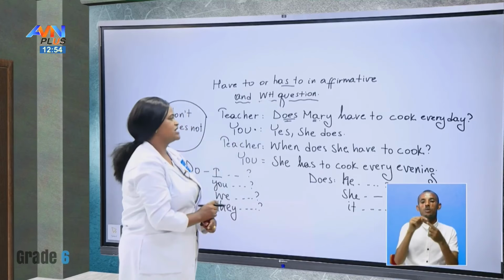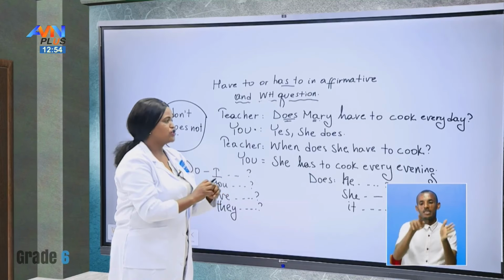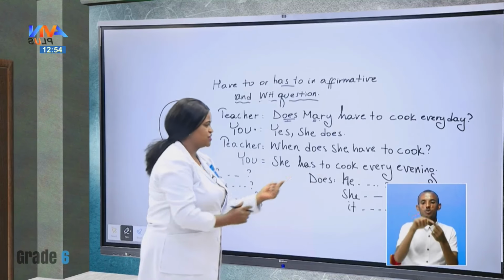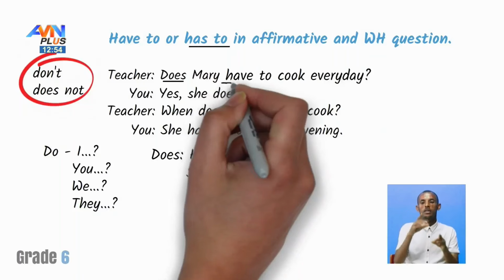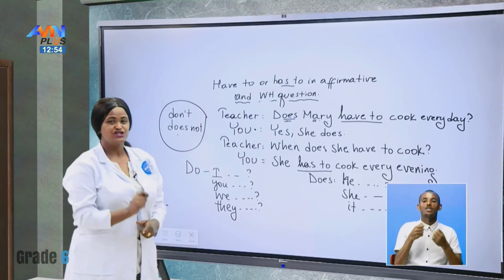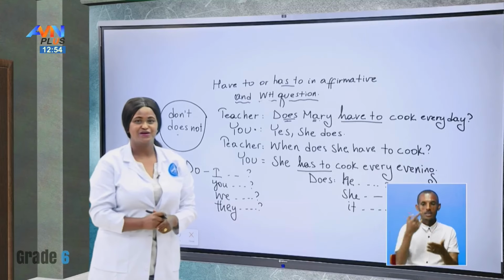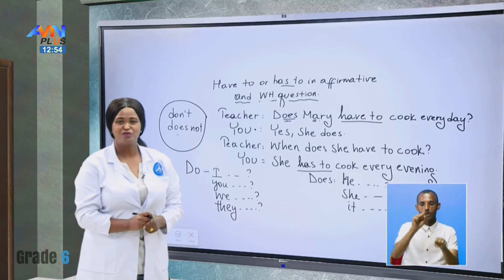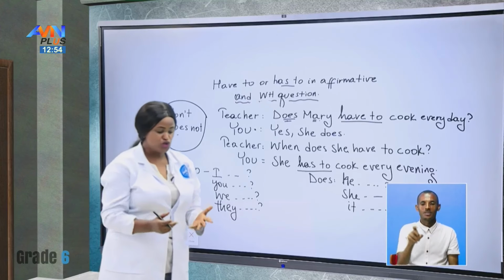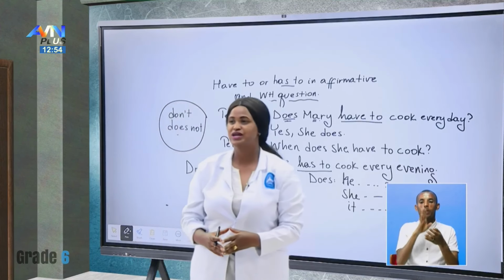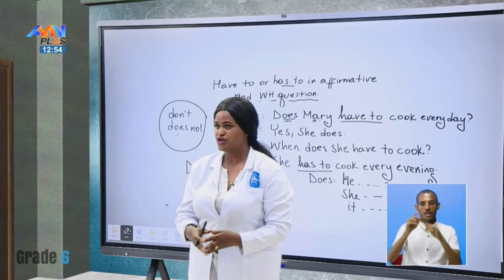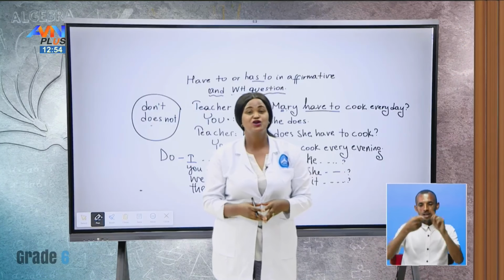But in your answer, there is nothing negative and there is no does. What do you say? She has to. Look at this. I said what? Does Mary have to? And you, she has to. Okay? Don't forget this pattern. All right? So, how was my today's lesson? Was it good? If you want to be good in English, as I told you earlier, please don't be afraid to speak in English with your teachers or your friends or your parents at home.